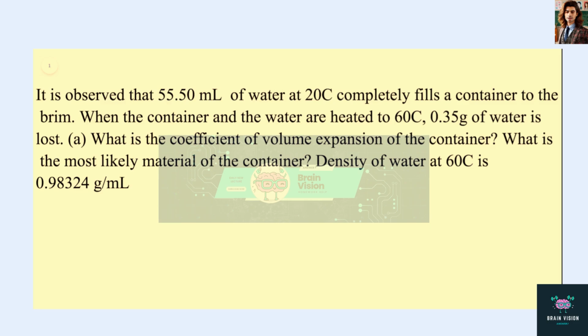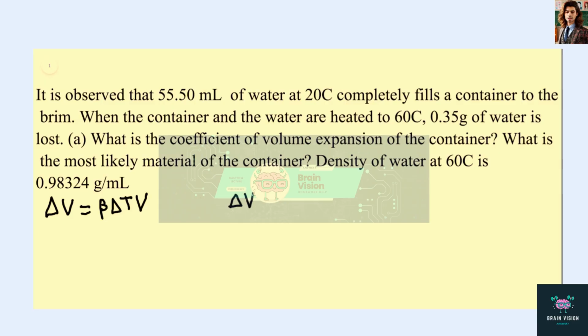0.98324 grams per milliliter. So our initial equation that we're going to start from is delta V, so change in volume, is equal to a coefficient of volume expansion times a change in temperature multiplied by the initial volume. If we just heat 55.5 milliliters of water at 20 degrees to 60 degrees, our change of volume will be given by